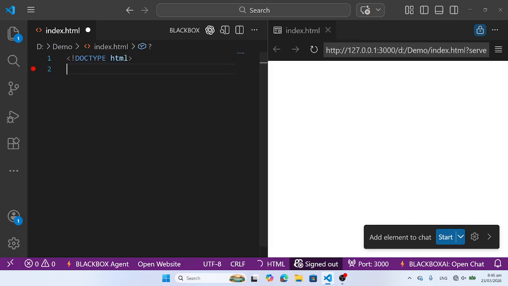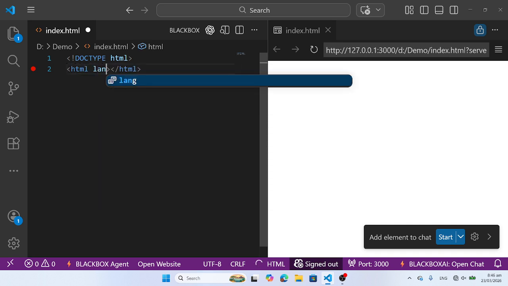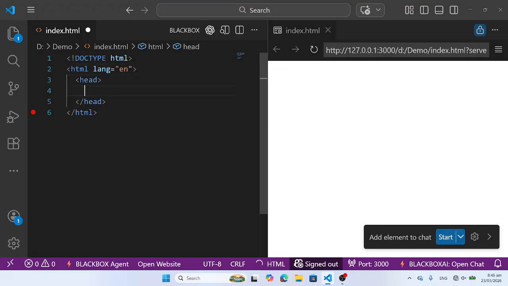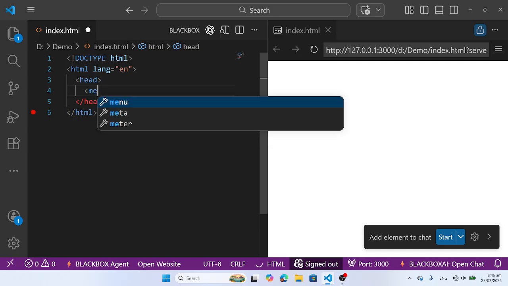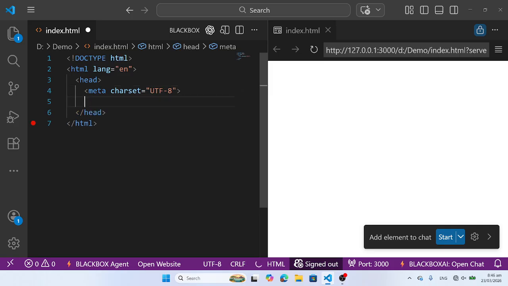So first of all, we need the doc type HTML. Then we need the HTML document, and the language we are going to set to English. We need the head tag. Inside the head tag, we need meta charset, and we are going to set it to UTF-8. Now we need the title tag. The title name is page navigation